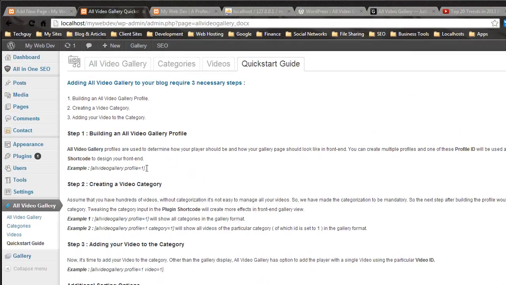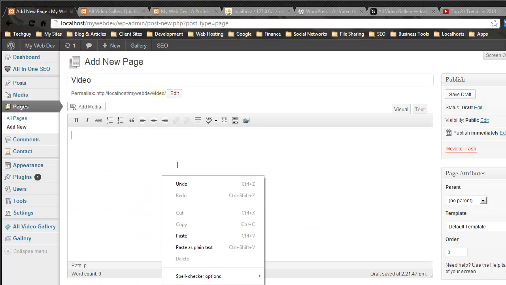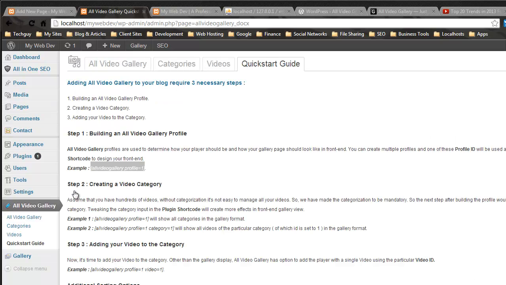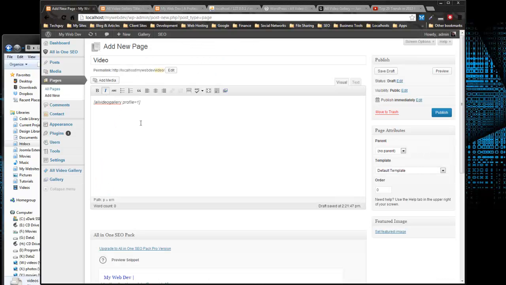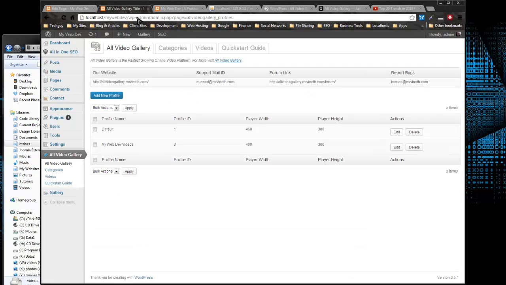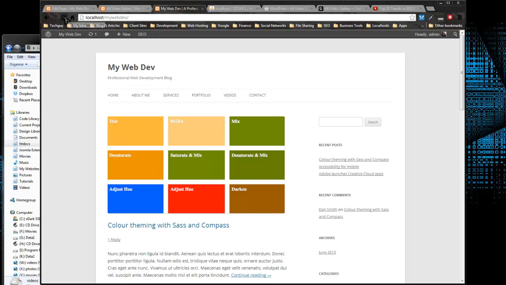So I'm going to grab the first one here, copy that, and then paste it in, and we need to check the profile ID. If we go back to all video gallery, we can see our my web dev videos have an ID of 3, so we need to change this 1 to a 3, and we should be able to see the videos in the categories in the front end now. If we go back and reload this,